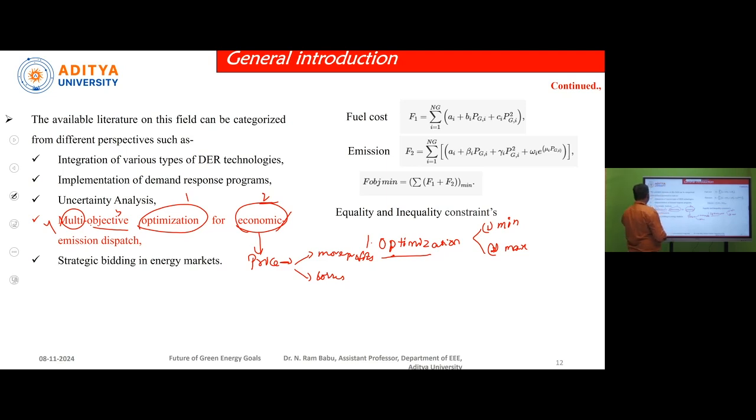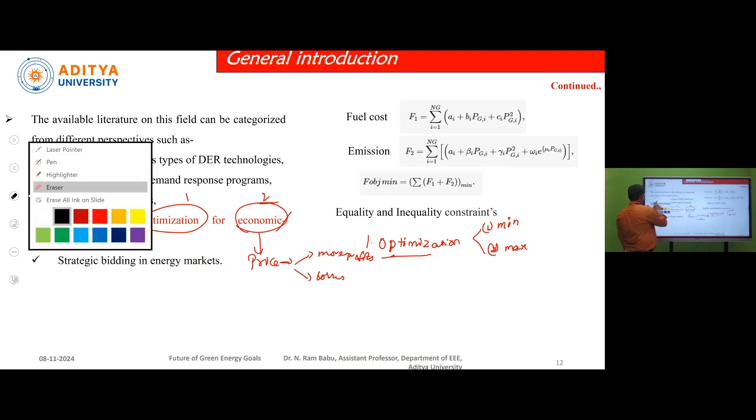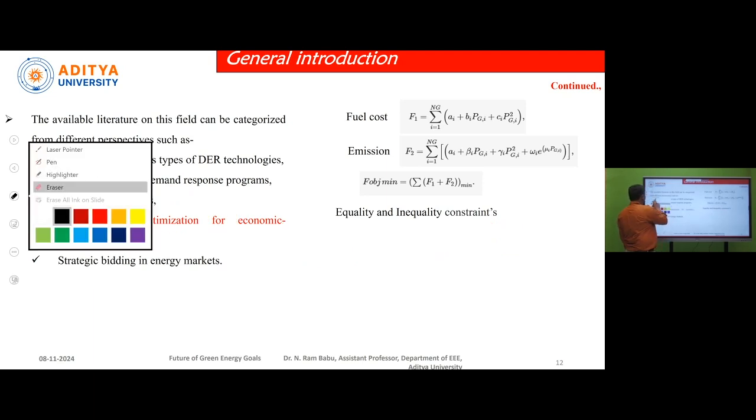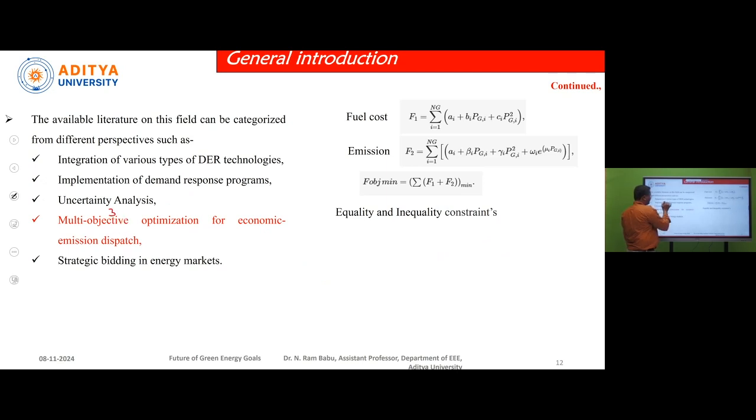The third one is objective. In order to perform the optimization techniques, there should be some objective. There should be one objective. In our VPP, that means virtual power plant, our objective is to earn more profits. If we go to yesterday's topic, there the objective was to minimize the errors. And in previous classes, if we observe, it was also to minimize the error.